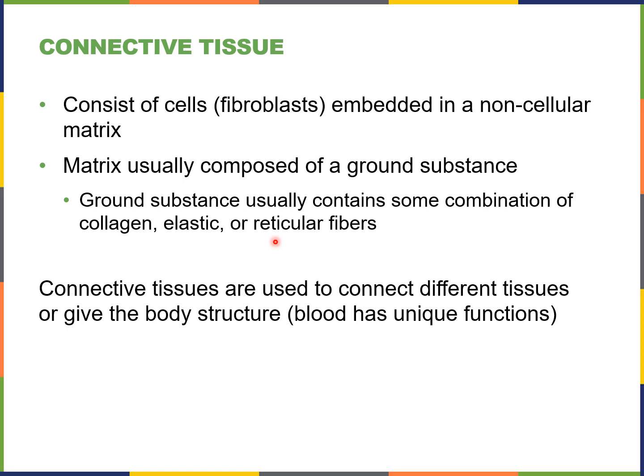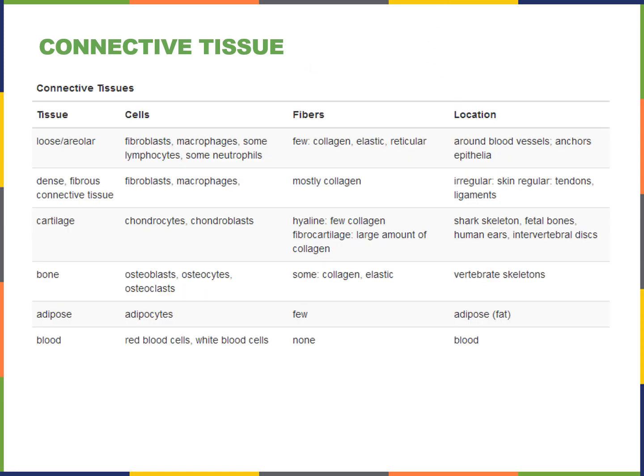We have erythrocytes, leukocytes, we have plasma. Our erythrocytes are the most common. Those are our red blood cells, right? And they're essentially delivering oxygen to the body. And then these guys are suspended within an intercellular matrix, which is our plasma. Okay, so that's kind of what we think of for the ground substance. You can see here different types of connective tissue. Again, we've got blood down here, and we've got our red blood cells, our white blood cells, our erythrocytes, and our leukocytes. Leukocytes being more responsible for